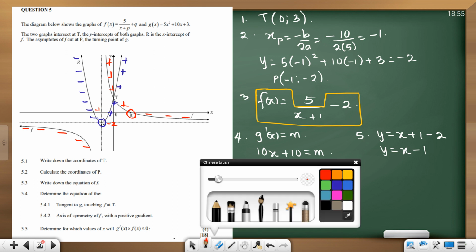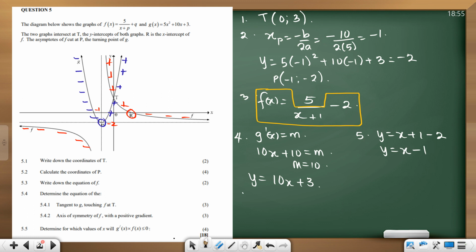What are we looking for? G prime of x multiplied by f of x is less than or equal to 0. Now, if we want to get something less than 0 and we are multiplying, it means they should be of opposite signs. When this one is positive, this one must be negative. When this one is negative,